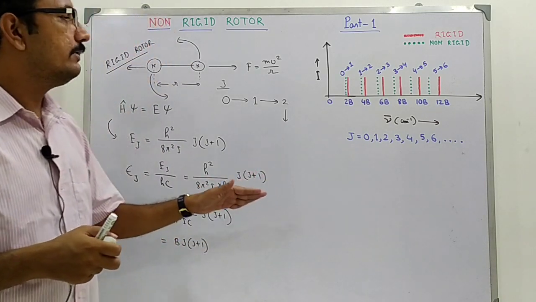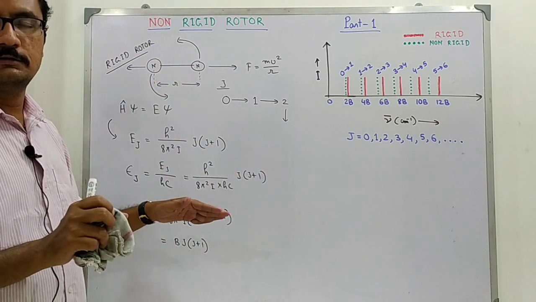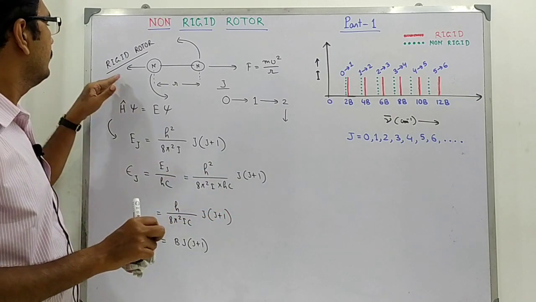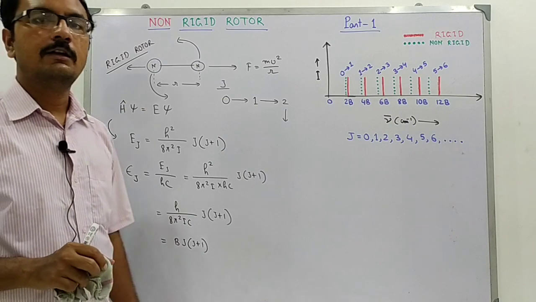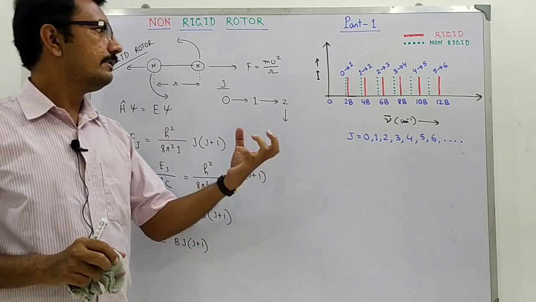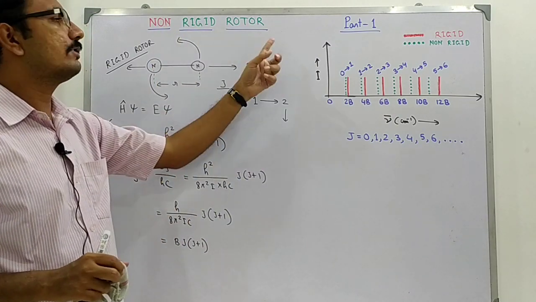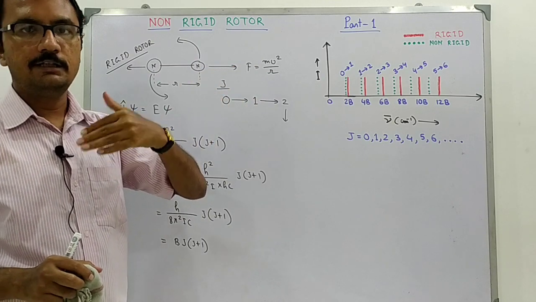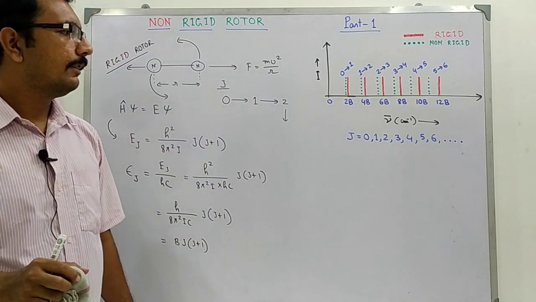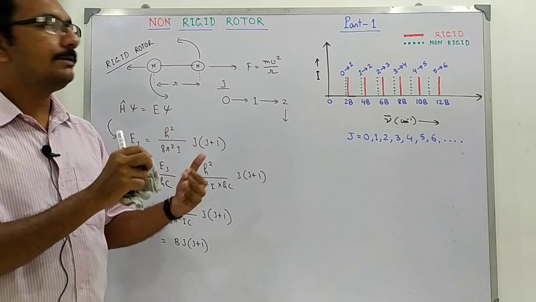So, the truth is bonds are elastic and not that they are rigid in any way. The truth is we have the molecules to be non-rigid rotors and not the rigid rotors that we have dealt with earlier. Then why have we spent a lot of time with the rigid rotor?